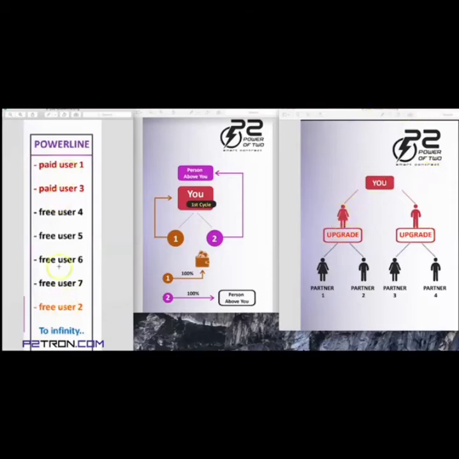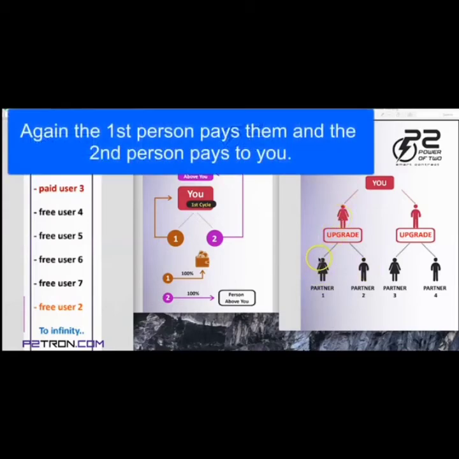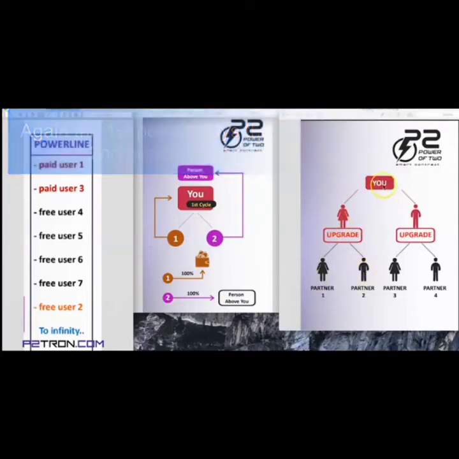The global power line over here on the left is going to place 2 people underneath them. That first person right here is going to pay them 100% of the contribution of that slot level. So if it's the $5 level, they're going to pay them $5. This person right here is actually going to go up to this person. So this could be you. So if you just cycled and you have an open spot, guess where this person lands? They land right here because it pays you. Pretty cool. I hope you see that.